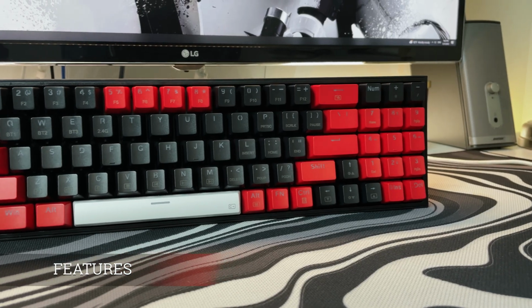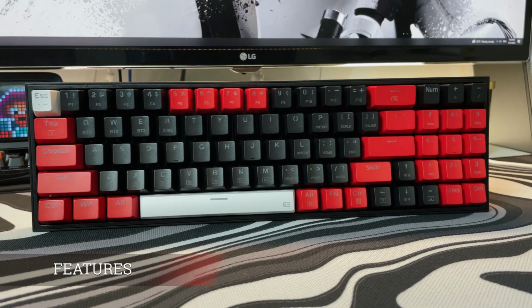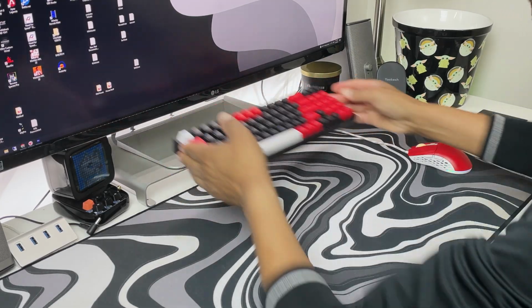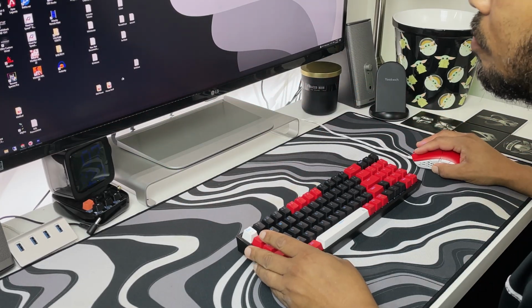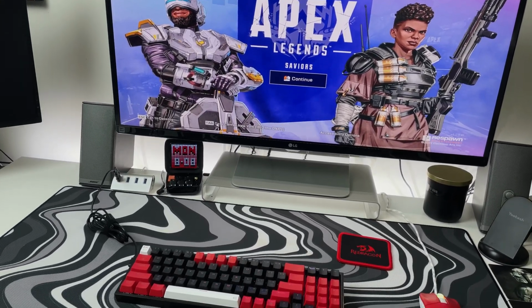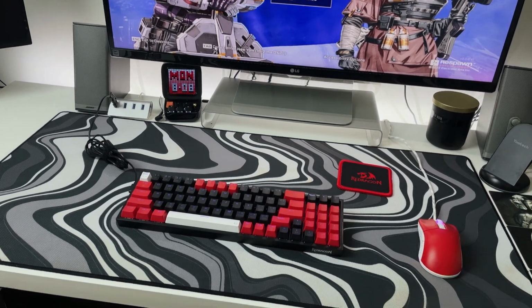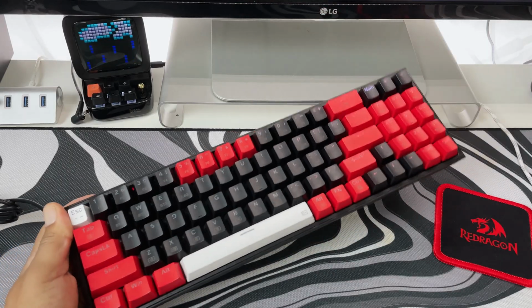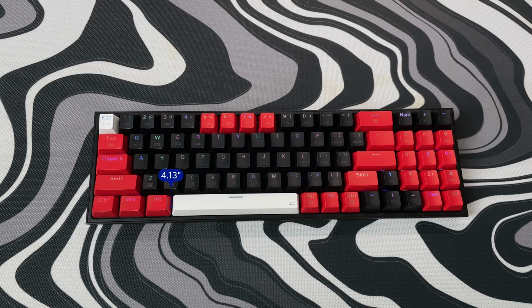Taking a closer look at the Pollux K628 Pro itself, I've got to say this is one strikingly good looking keyboard. With a red, black, and white Redragon color scheme right out of the box, this Pro version screams gamer. Although this color selection may not be for everybody's desk setup or liking, luckily these keycaps are switchable if you want. The Pro is made out of a lightweight plastic and portable at 0.51 kilograms